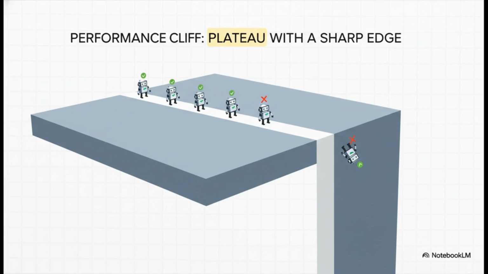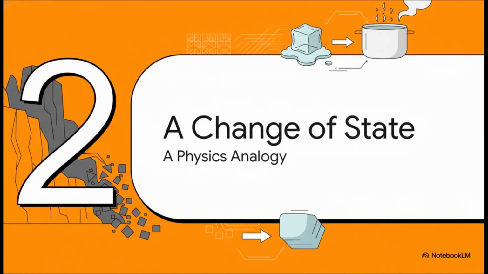But here's the thing. The system isn't on a slope at all. It's more like it's on a big, flat plateau with a super sharp edge. It can work amazingly well, just perfectly, right up until that edge. And then one tiny step too far, and it's a sheer drop. That's the performance cliff. So why a cliff and not a slope? What's the reason for this?